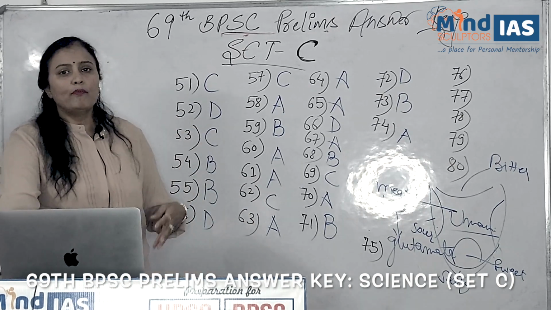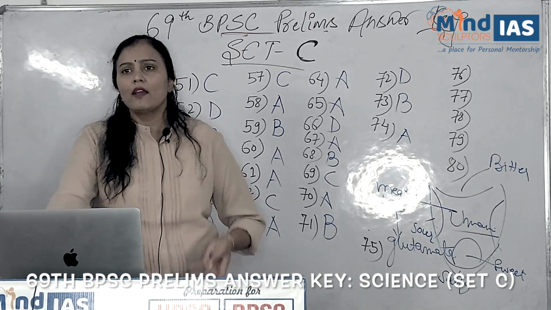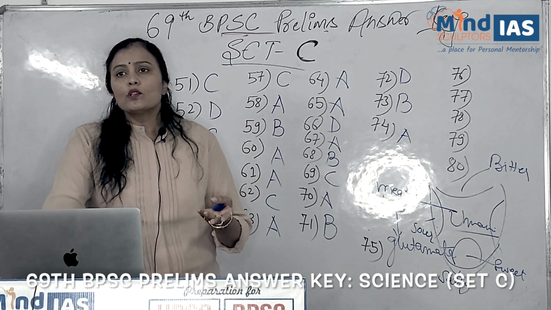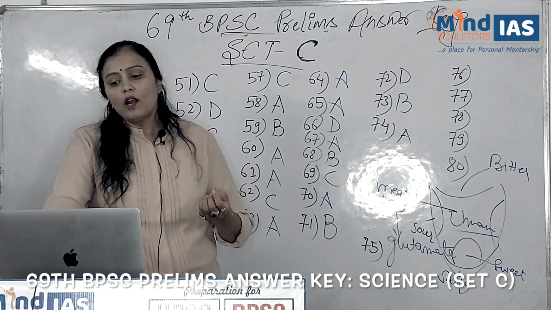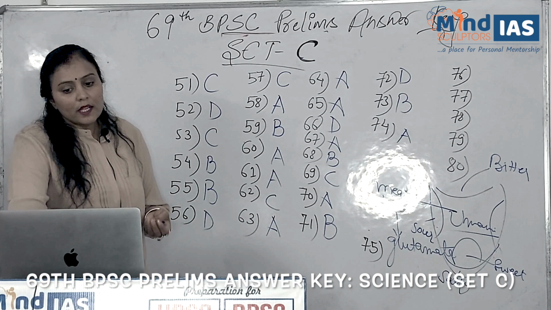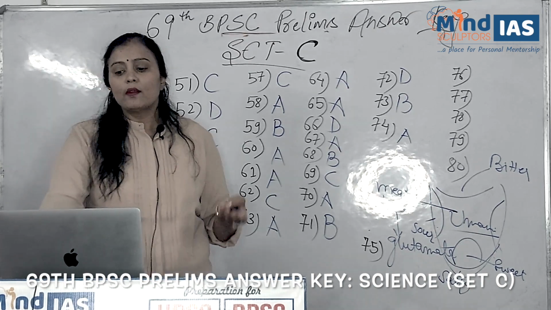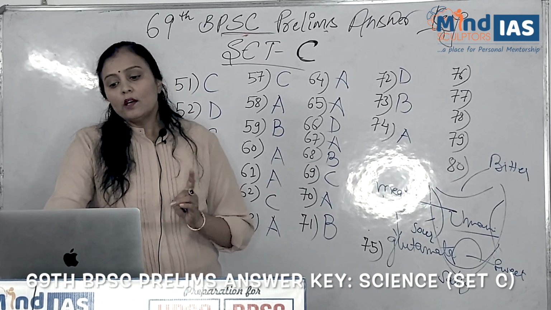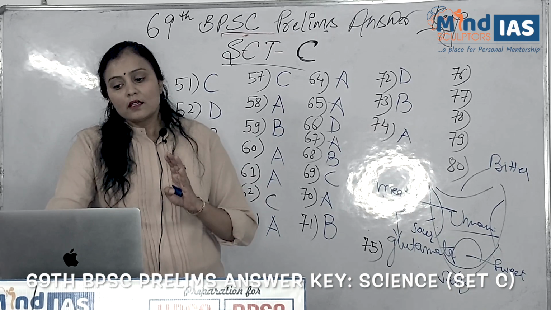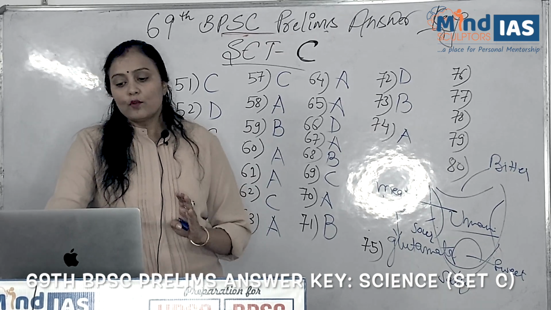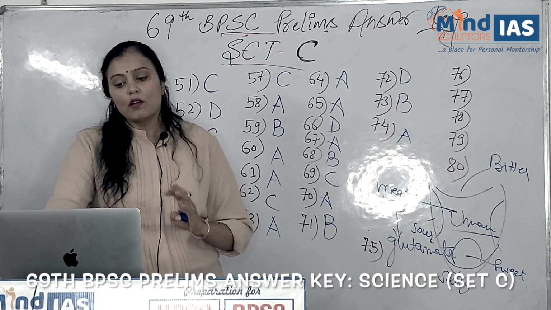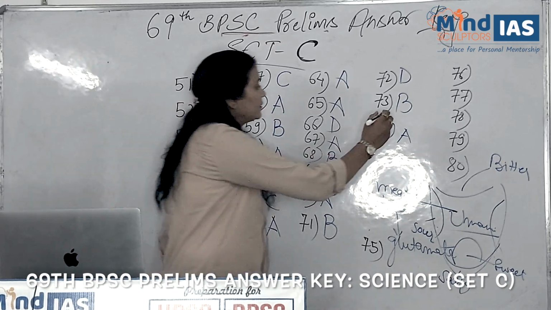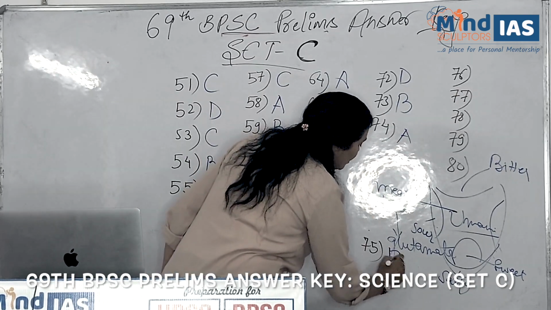Dyspnoea is shortness of breath. Actually, it's not a disease. If you are doing heavy exercise or moving to high altitudes, there is a cause of shortness of breath. So it's called dyspnoea. Then the last one is anosmia, that is partial or full loss of smell. So for this, only options 3 and 4 are right, that is dyspnoea, shortness of breath, and 4, that is partial or full loss of smell. So the right answer for this question is option B.